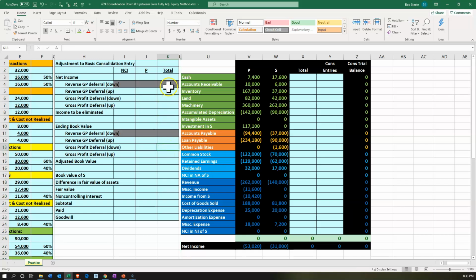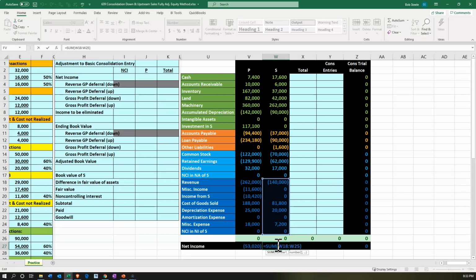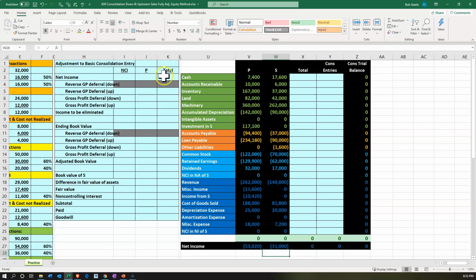Okay, so typically we're going to start off with our first journal entry, thinking about basically the net income that we're going to be allocating between the controlling and the non-controlling interest. The net income here for S in the current year, 2000X3, the one we're consolidating, is the 31,000. So that's what we're going to start with. I'm going to say, all right, let's pick up that 31,000. I'm just going to say negative